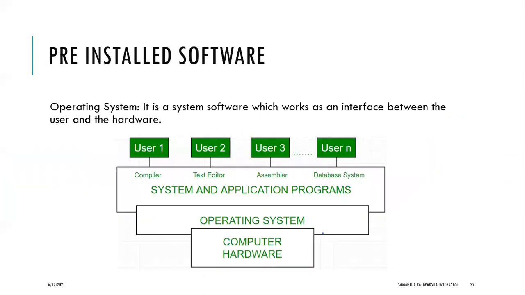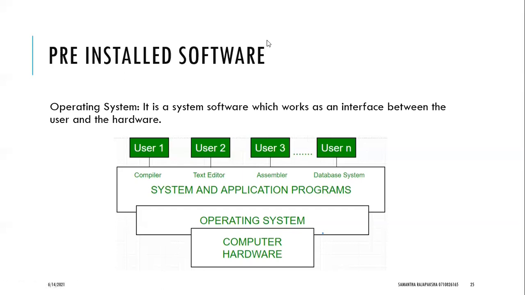Then the other most important thing in the computer is the software. The main software you need in your computer is the operating system. Without the operating system, you can't do anything. In your computer, mainly you need to have the operating system installed to run your applications. Like Windows, Linux, or Ubuntu, an operating system must be installed in your computer to work with your computer. Otherwise, you may not be able to run any of the applications, because this operating system